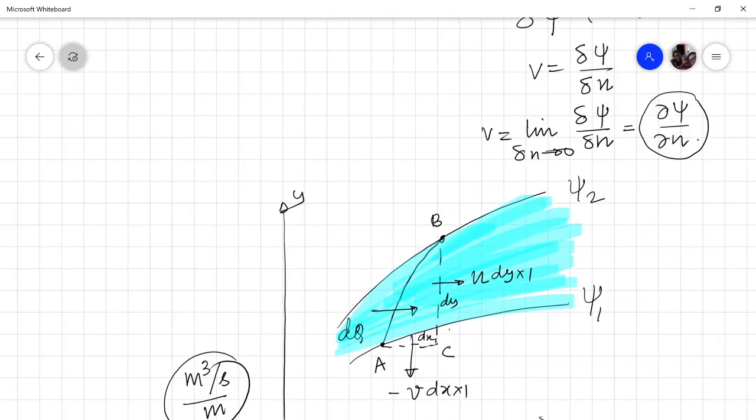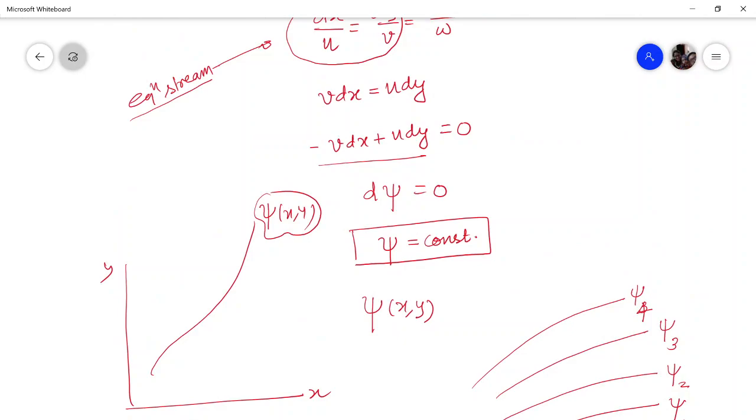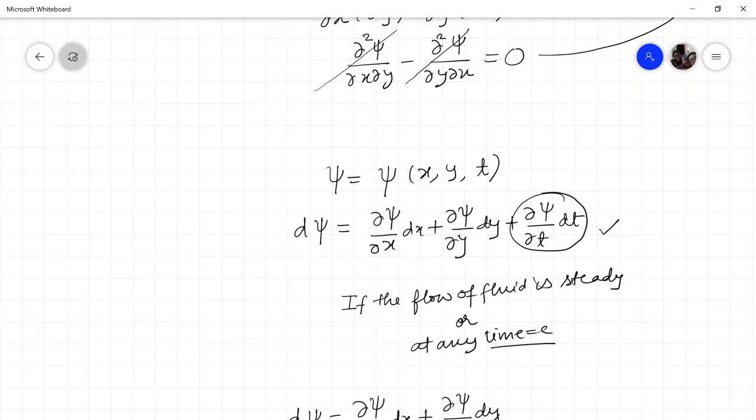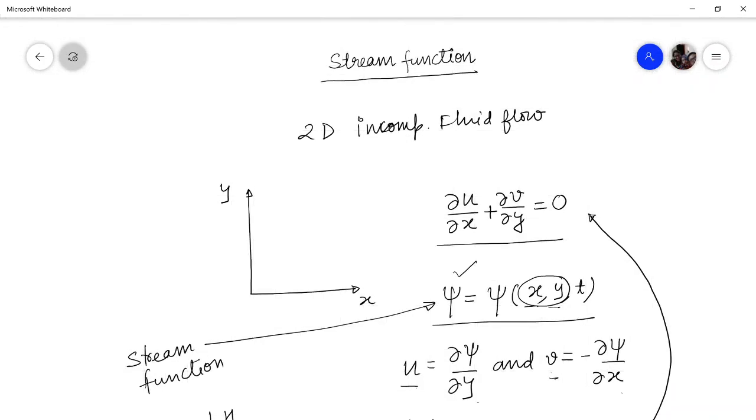Therefore, in this particular lecture, I have explained what a stream function is and how it is used to represent the flow field. One more thing: whenever you have an irrotational flow field, then when you plug in the values of u and v in the rotation component for z direction, you will get the Laplacian of this stream function, which is 0. So if the Laplacian of stream function comes out to be 0, that simply means the flow field is irrotational.